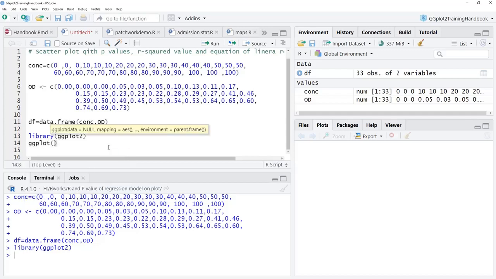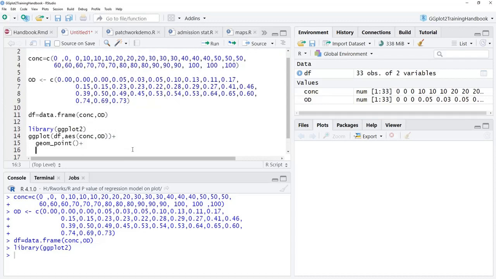We'll type the function ggplot first. ggplot is the base function of the ggplot2 package and it requires the data first, that is df here. And we will map aesthetics, or variables, to various parts of the plot, with aes. The x-axis will be concentration and the y-axis will be OD. Now we'll add geom_point so that we get the scatter plot, and to this we'll add geom_smooth to